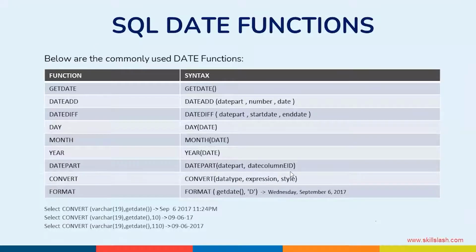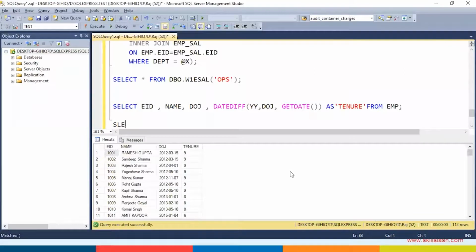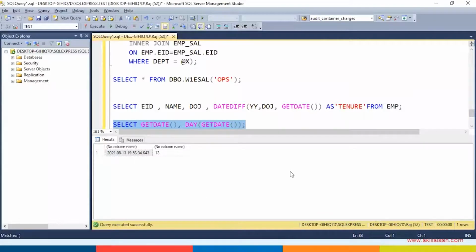Then we have the day, month, and year functions. So I will say select day. I am extracting the day from the date. Today is the 13th day of the month.